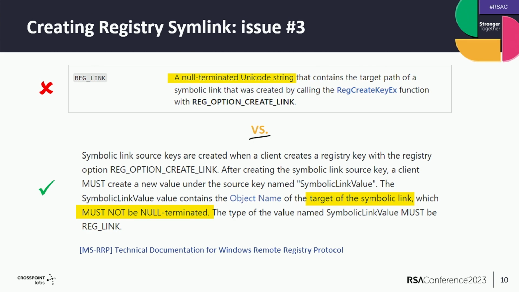Now, creating registry symbolic links might be unnecessary for modern applications, but it might be useful for developers to create them in order to test the correctness of their application in case they encounter a key that happens to be a symlink. For example, if they try to delete a key and that key happens to be a symlink, it's good that they are able to test their application against those. But if it's difficult to create those symlinks, it might also be difficult for them to test their application.